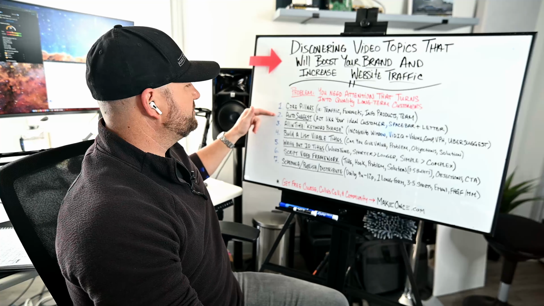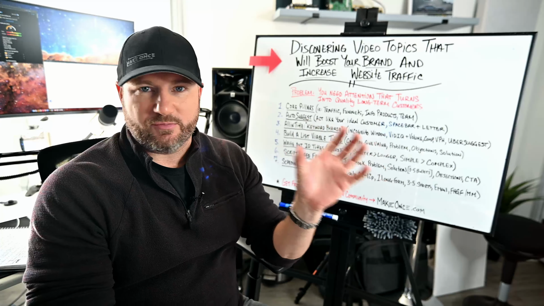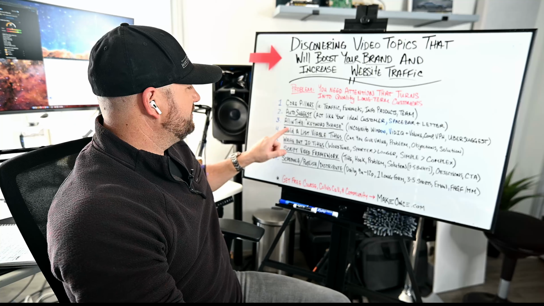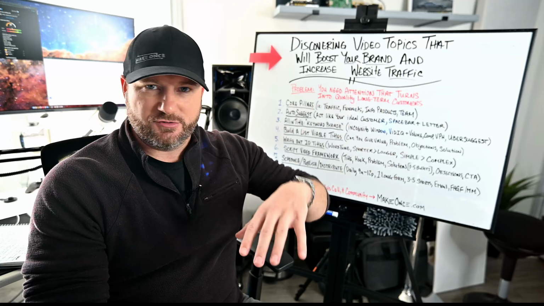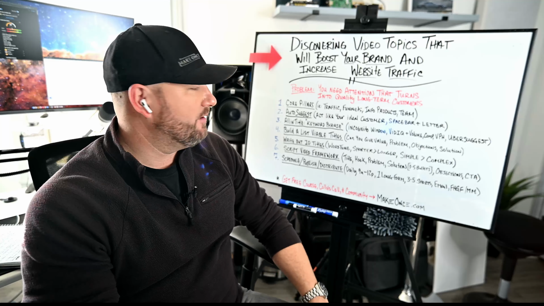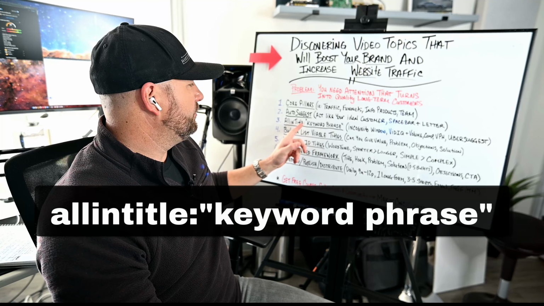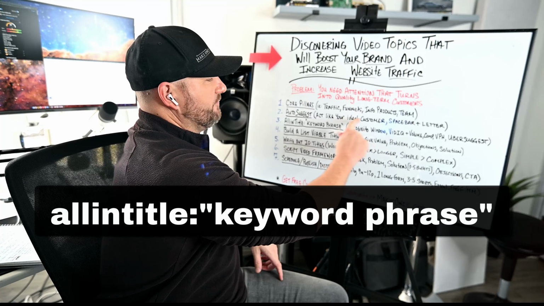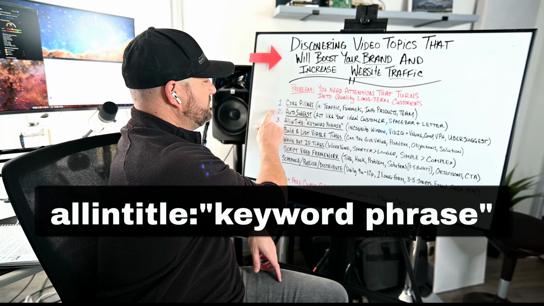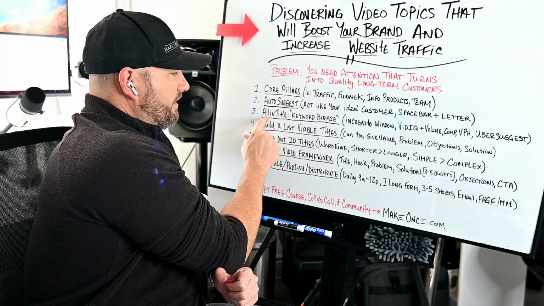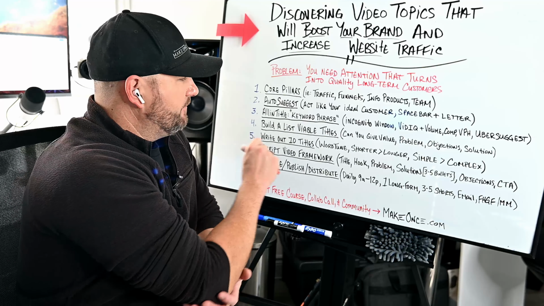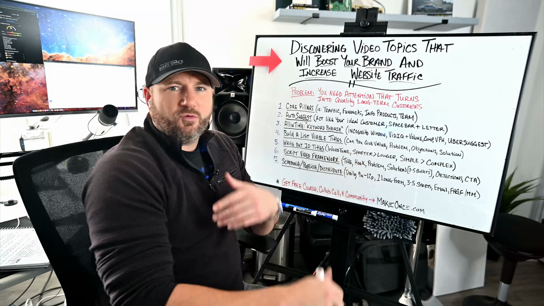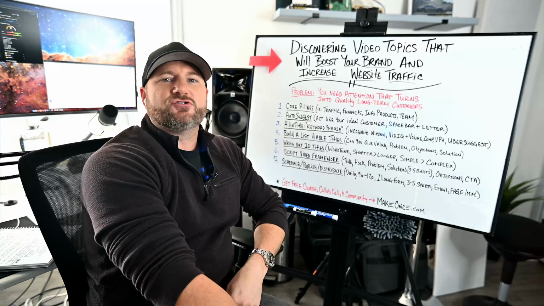So we use auto-suggest to get us on the path of what people are searching. Then what we use is this search command. You can use this over in Google as well. Google owns YouTube, so it works in YouTube search as well. It's all in: title, colon, quote, and then the keyword phrase that you found up here in the auto suggest part; you will take that and put that all in title. Again, I'm going to show you this on the computer here in a minute. You want to use an incognito window because you don't want your previous searches to construe your results.